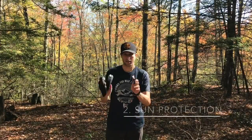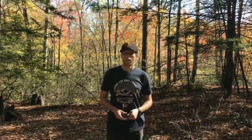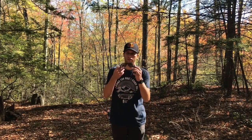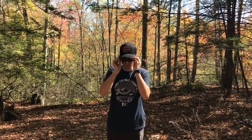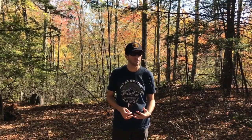Next on the list, sun protection. Now, whether we're in the backcountry or an alpine environment, we need to protect our eyes. And that's where sunglasses come into play. If we're on the trail, I'll wear a pair of glasses just like these that are protecting me from UVA and UVB rays. And they also allow me clarity when I'm out on the trail